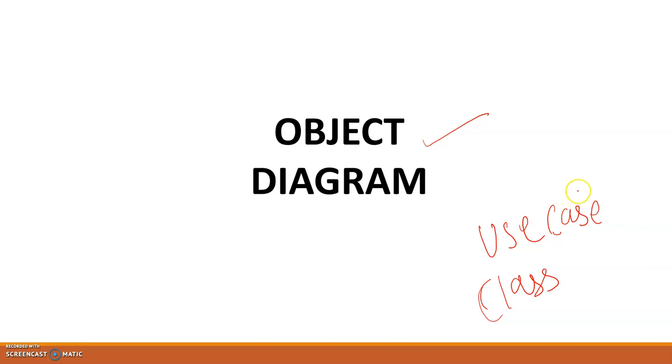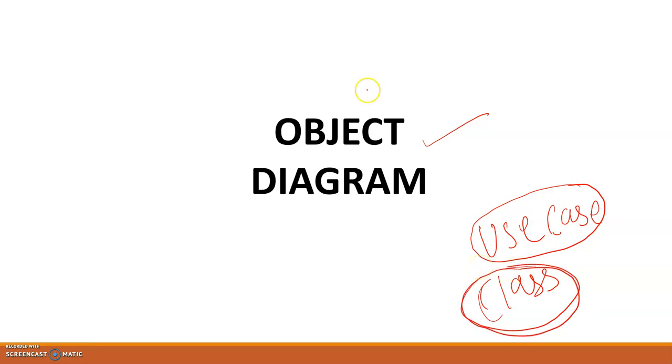So we know that use case means an actor can use so and so cases. Class means a group of objects with the same properties and methods. Values can differ, but all share the same properties and same methods, and that we call the class. So if there is a class, there are objects, right? Objects must be there. So in this session we will discuss how to draw the object diagram.